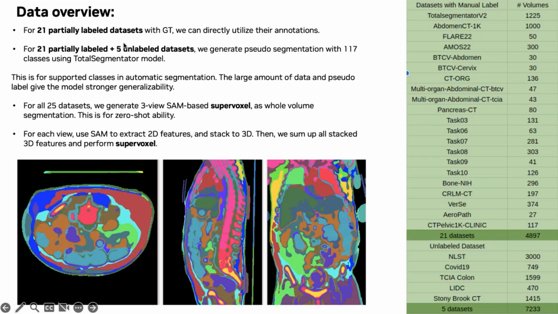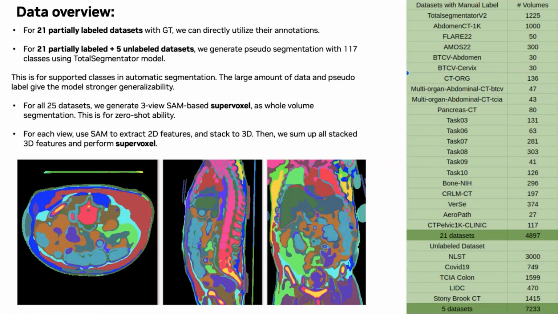And we generate pseudo labels with 117 classes using the TOS annotator model. We use this out of the box to generate the pseudo labels for those unlabeled data sets. Also for everything, because those data sets have partial labels, we generate those pseudo labels for all the data we have. And we use all the pseudo labels and the partial labels from manual annotators together to train the model. That's giving you the best performance on those supported classes. And for zero shot, if you train using only that data,